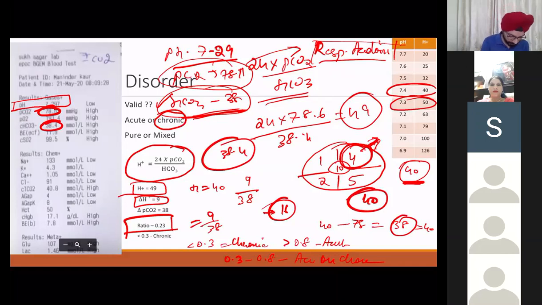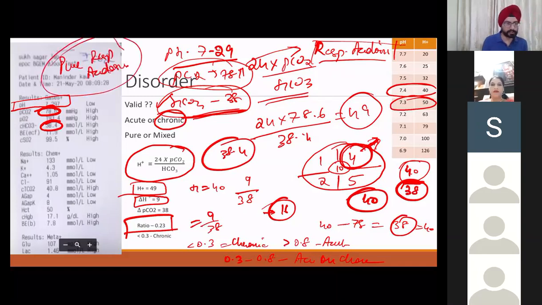Now, because you see that it is not exactly an increase of 40, but an increase of 38, you can give some respite to the bicarbonate. And it has increased normally, as it should have. So this case is a pure respiratory acidosis, and it's a chronic disorder, and the ABG is valid. Okay, this is a very good example. I will send you this presentation again, and you must study this ABG again and again, and you can figure out if it's a chronic disorder, acute disorder, and if the compensation is perfect or not. Rarely do you get such ABGs where the compensation is so perfect.